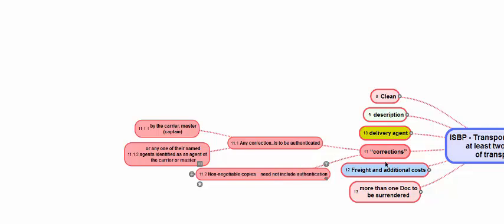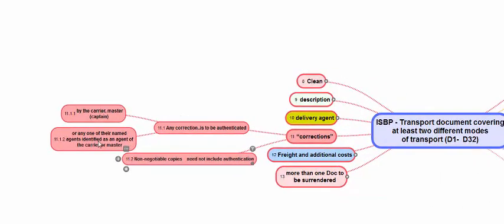If there are corrections in the transport document and non-negotiable copies are submitted, these need not be authenticated. If originals are submitted, any correction has to be authenticated. By whom? By the carrier or master, or by any agent acting on behalf of the carrier or master. This agent need not be the same as the one who issued the transport document. It can be a different agent, but that agent should be acting for the carrier or master, and should indicate the carrier and the identity and capacity of the agent who is authenticating.